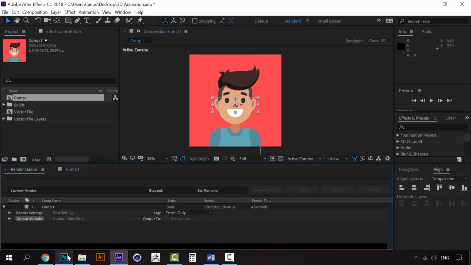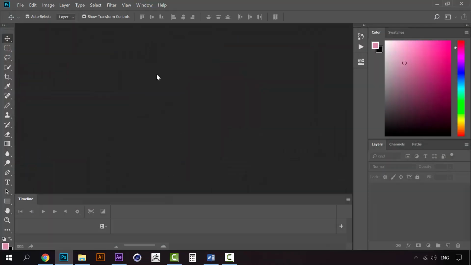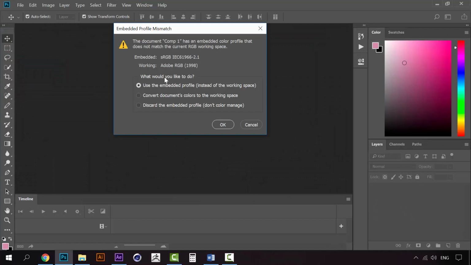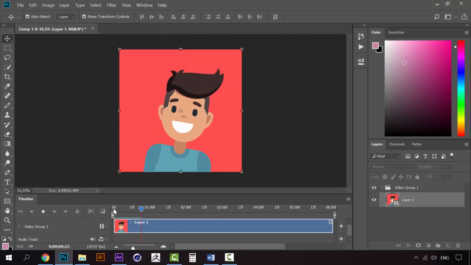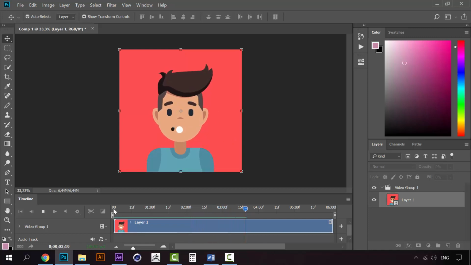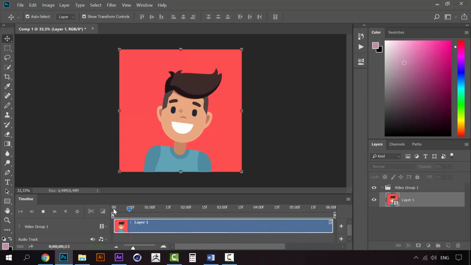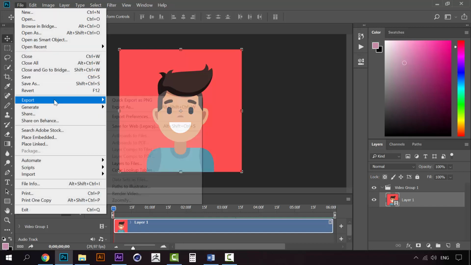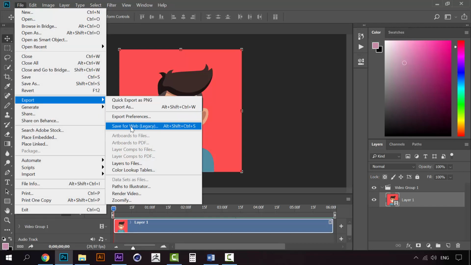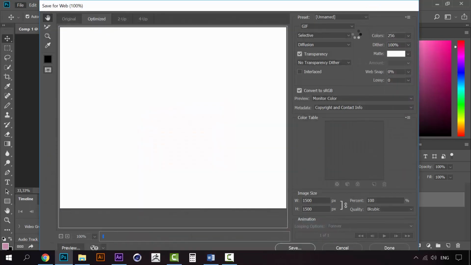When the render is complete, we're going to open Photoshop, and I'm going to open the render file that we just created. Just like a regular file, just drop it into Photoshop, click OK, and you will have this automatically. You will have a timeline created, and it's exactly what we did in After Effects. Okay, so we have this video. Now all we have to do is press Alt, Control, Shift and S, or go to Export, Save for Web (Legacy), and here